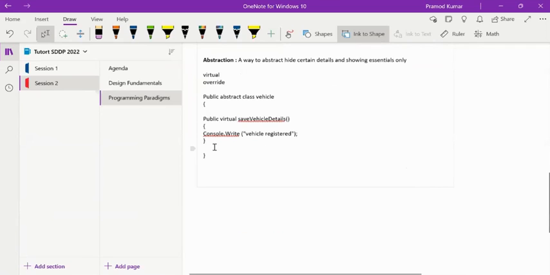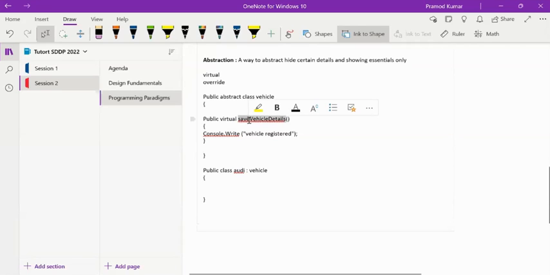Basically, I say I have a class named Audi. Okay, and this class basically inherits this vehicle class, and it needs its own implementation of this method, which